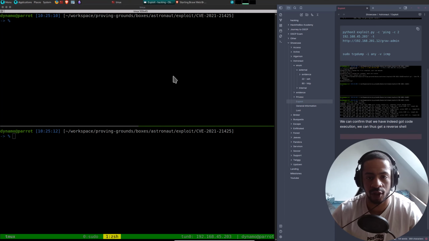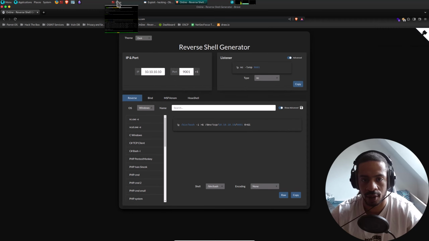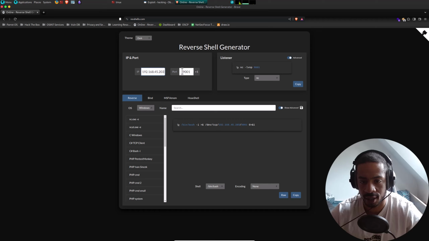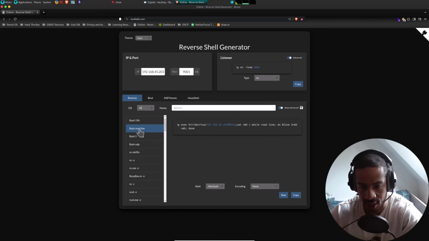Where do we find a reverse shell? On rev shell here. And let's take our IP like this, and let's listen on port 9001. That's okay for now. And let's take this one. I like this one.